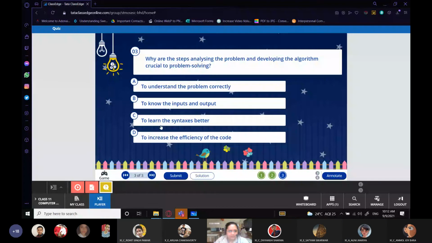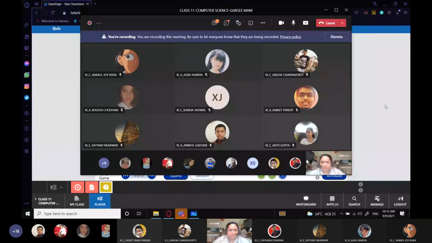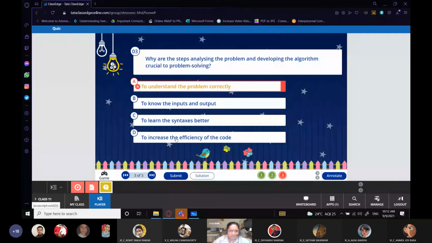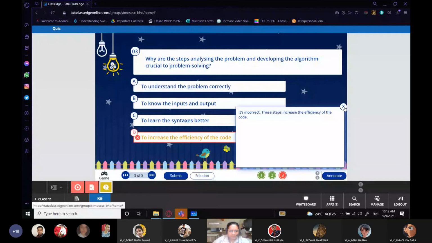So now in this, how many say option A? Raise your hands, please. Let me see how many of you are raising your hands. Okay, 4 people have raised their hands. 5 people. Okay, let's go with this one, that is option A. Let's submit. This is the wrong answer. It should be option D. I don't know why it was option C, it should have been option A.